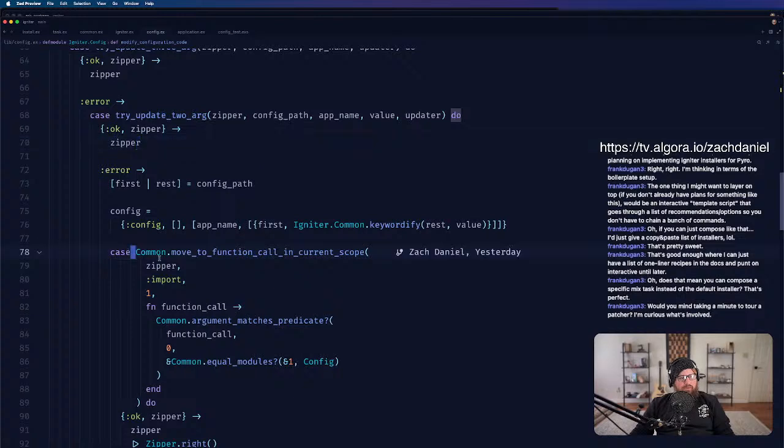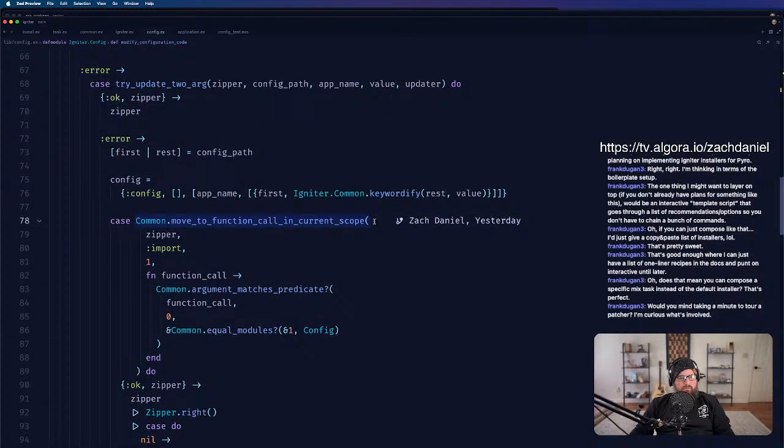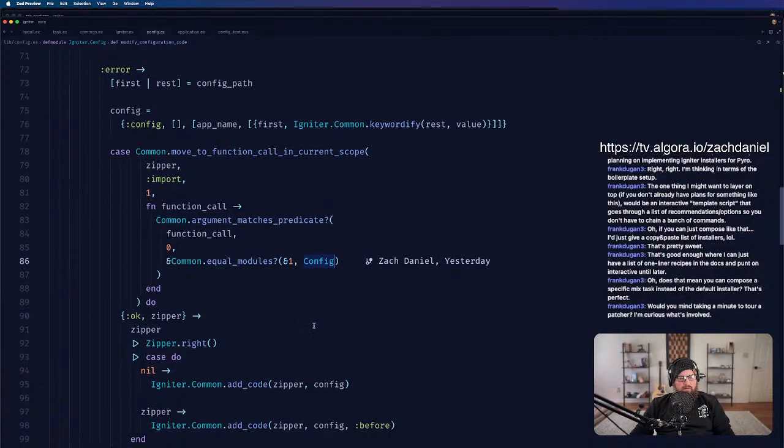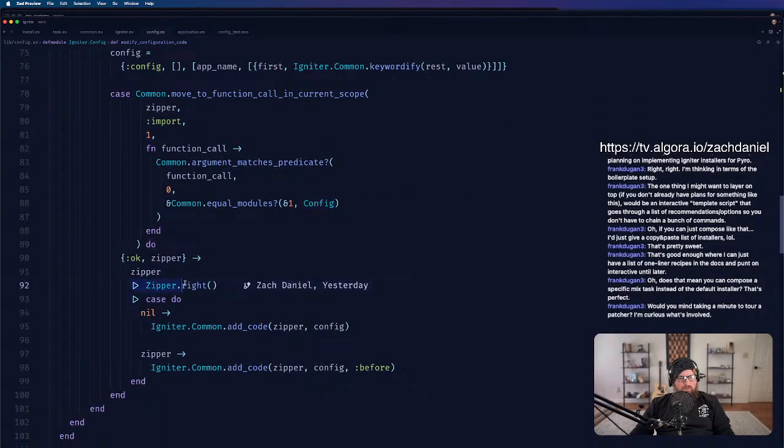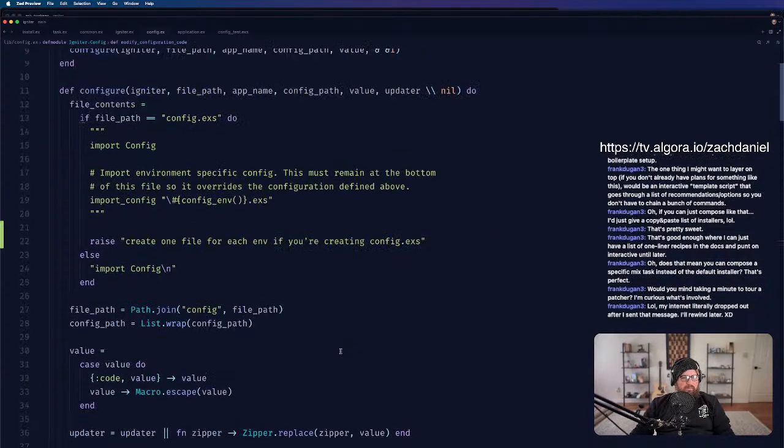But yeah, so then we use functions like this one. We say move to a function call in current scope. So we find the place where they import config, and then we go to the rightmost node of that, and then we add some code before the last thing in that file. This is a little bit optimistic, but it's basically in a config file, we need to